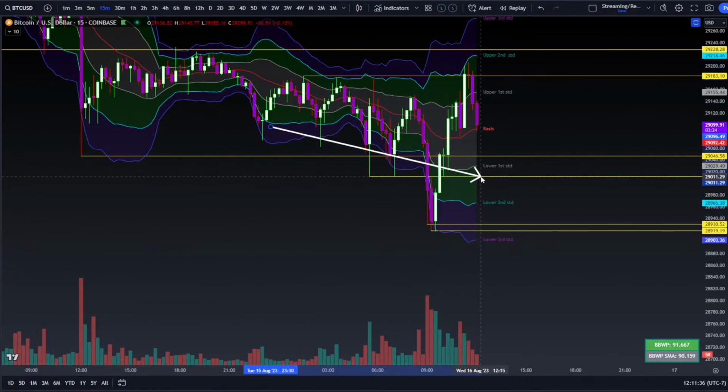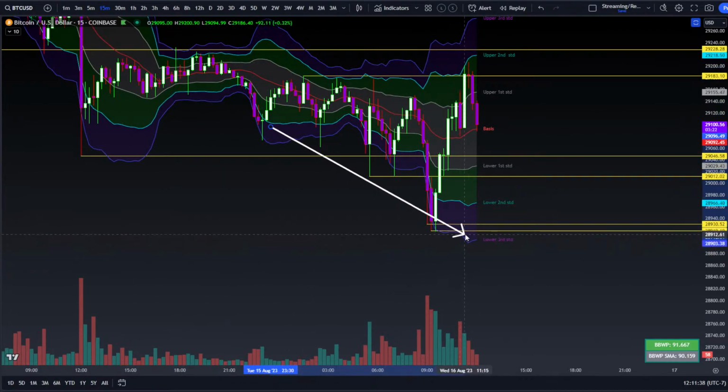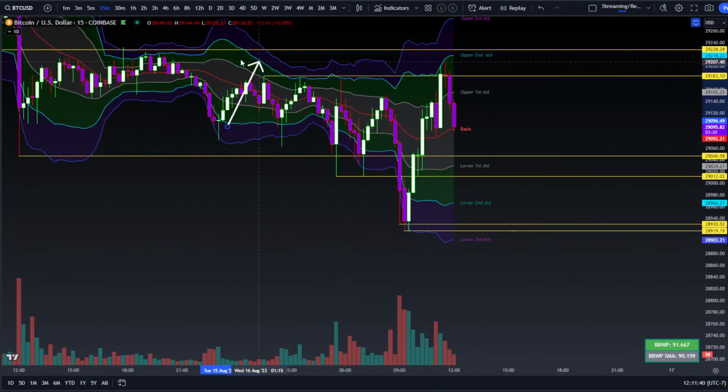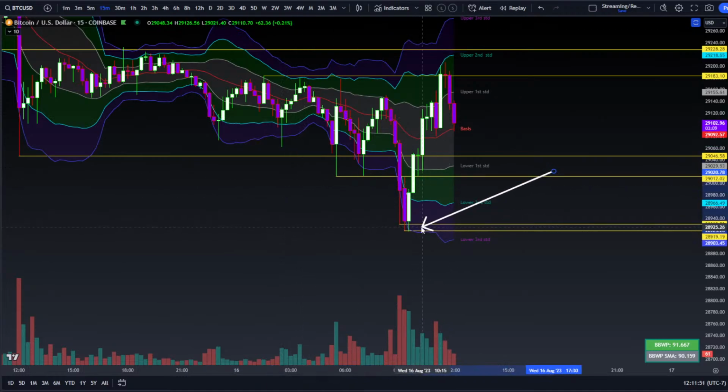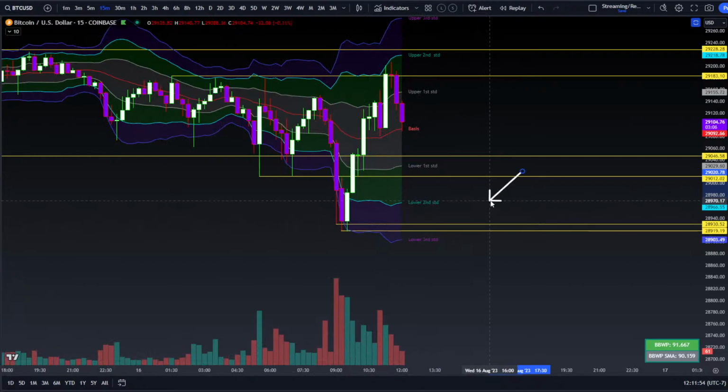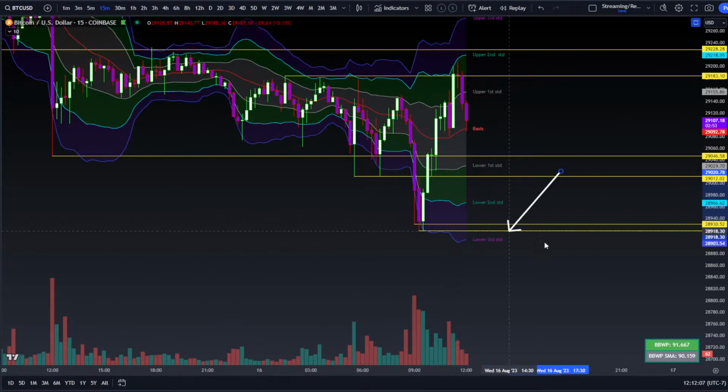So this is a deviation swing fail to the downside of this range that was being built on the 15-minute, and it looks like it's trying to continue this range for a little while here. That is to say that if we see this swing fail range down here at around that 28,900 area, just above there at 28,19 or 28,20, that we're likely to see things head down and hunt some more orders, which would then result